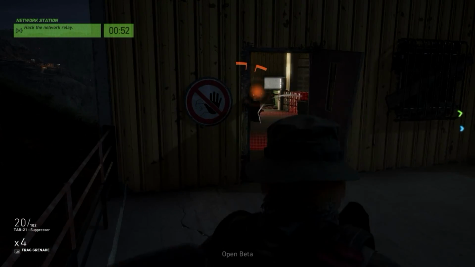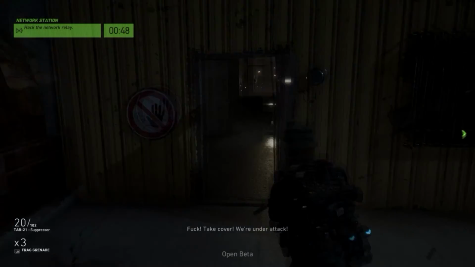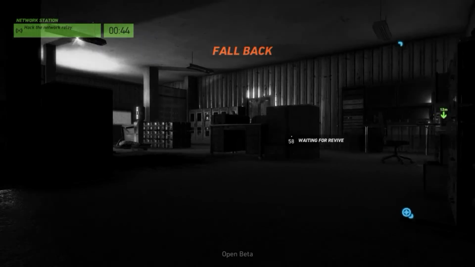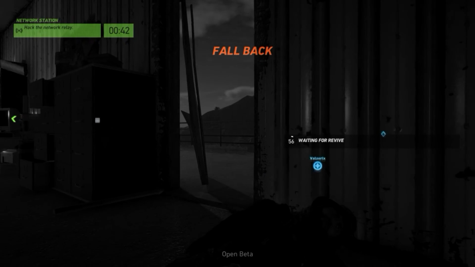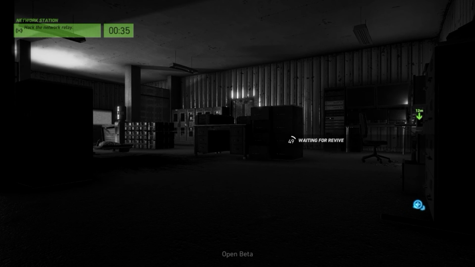Now, a lot of the missions you can go stealth, but there's some like this. We had to literally blow these doors open. We could not pick them. We could not get in there. We had to blow them open, so they literally were calling backup. We had to go in there and take them out as quickly as possible so we could hack the network relay, which I found really